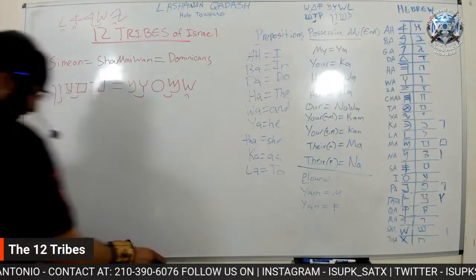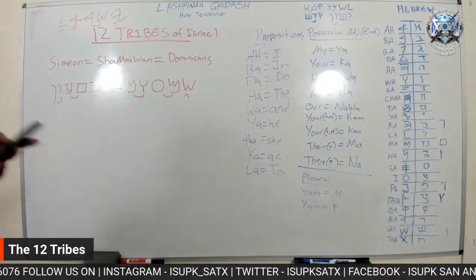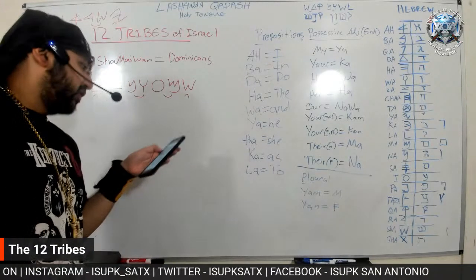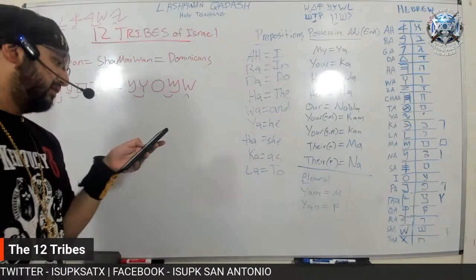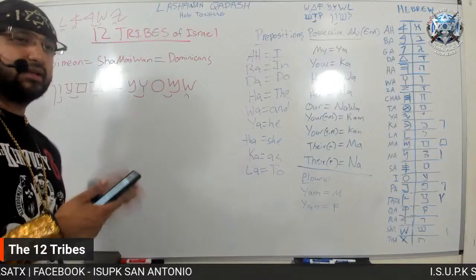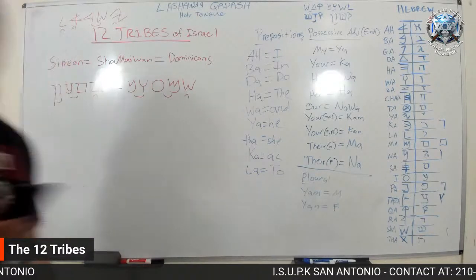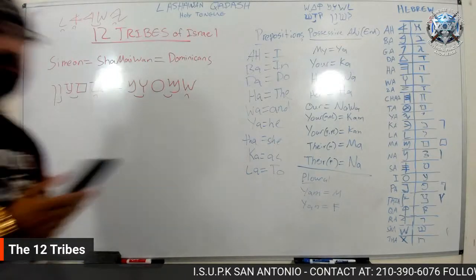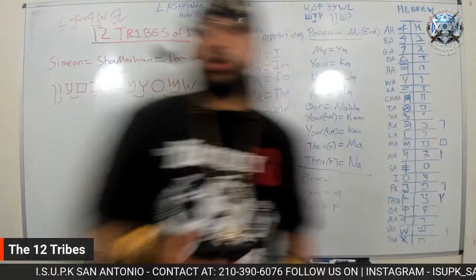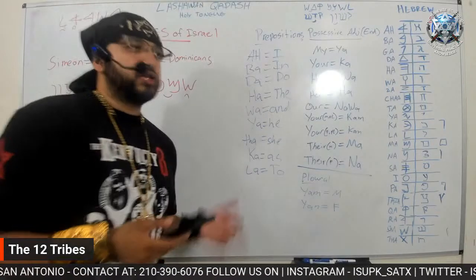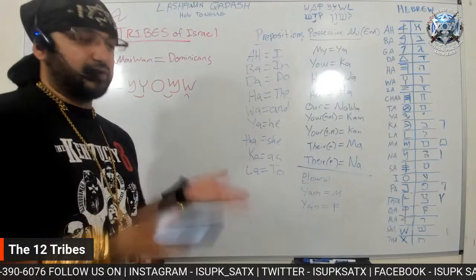So as we read it, it says, and she conceived again and bare a son, and said, because the Lord hath heard that I was hated. What is this referring to? In Genesis chapter 29, Leah, who's the mother of Simeon, was troubled by the fact that Jacob preferred Rachel over her. Now, mind you, Leah and Rachel are sisters.